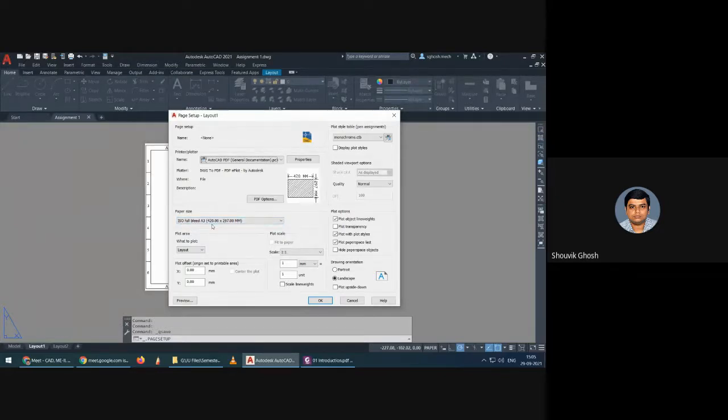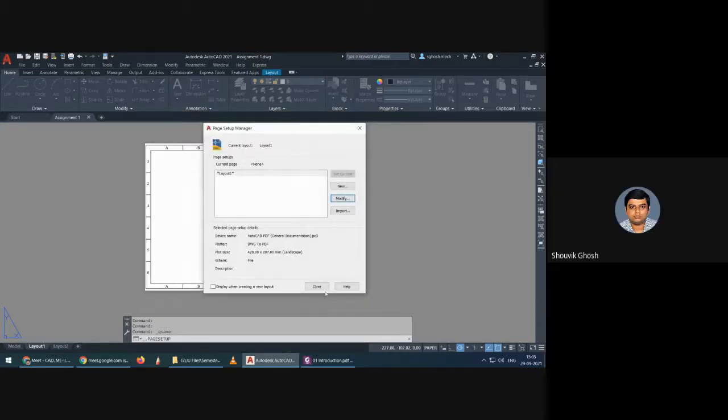The value is the same, 420 by 297, scale factor 1:1, pen plot style table or pen assignments monochrome.ctb. By doing this you can set the page setup.